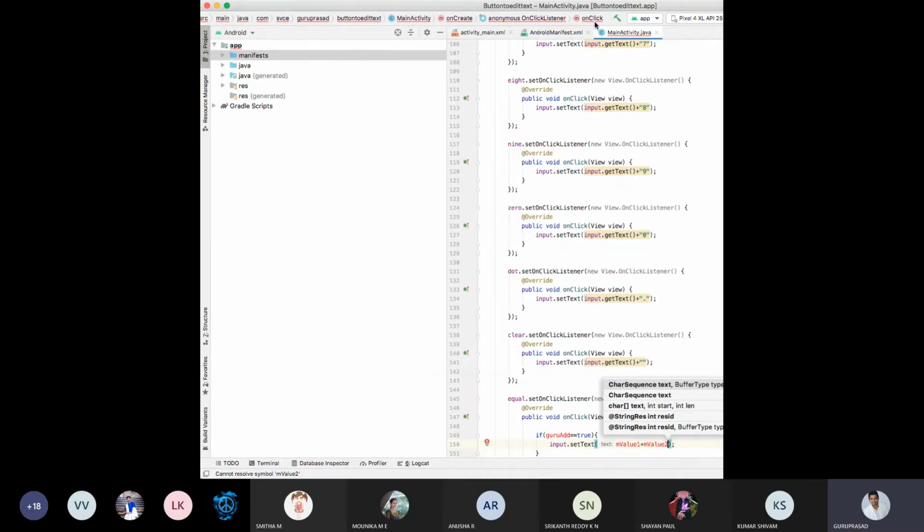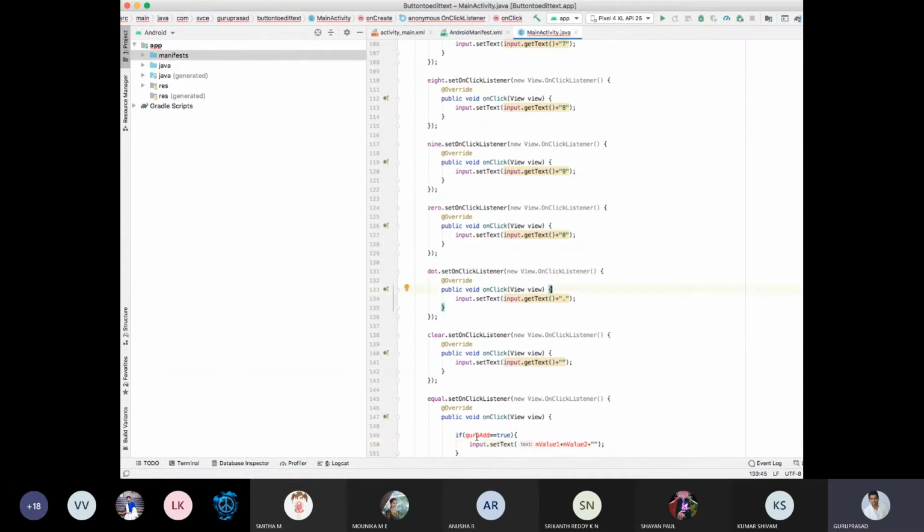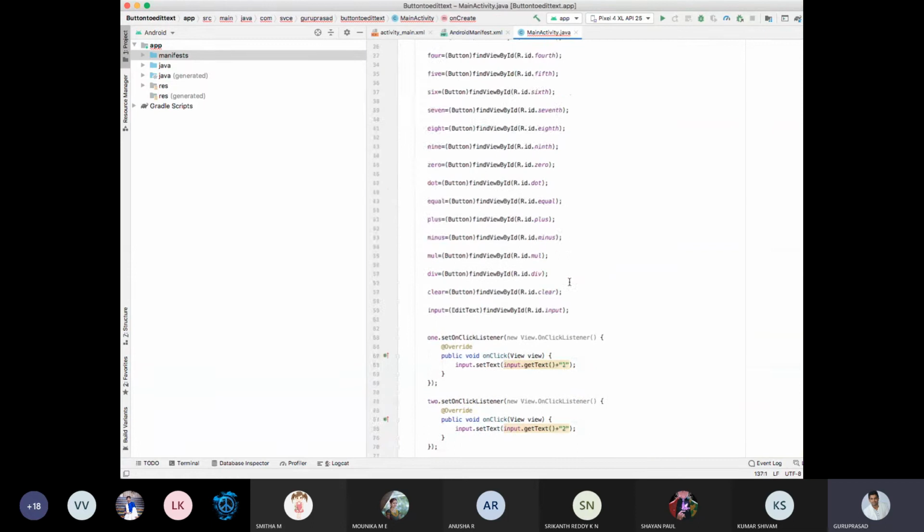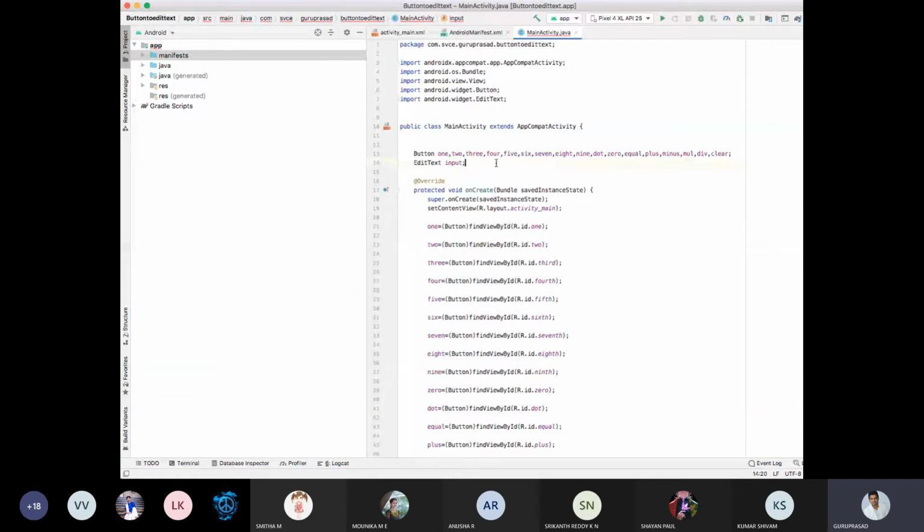Okay, now what is the red mark you are seeing? Guru add. Okay, guru add you are seeing as a red mark. What is that red mark? Guru add. No, you have not defined guru add. So I'll just alt enter. It is saying yes, create a local variable. So if guru add is true, what is the data type? Boolean. It is a boolean. Okay, guru add semicolon. Correct.